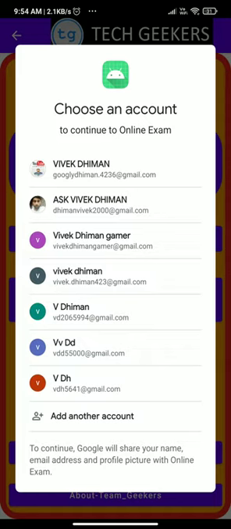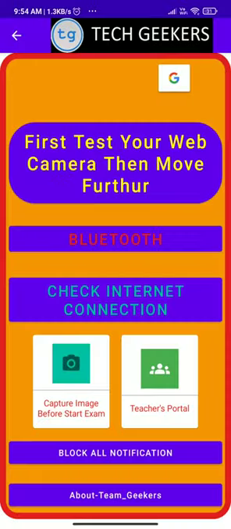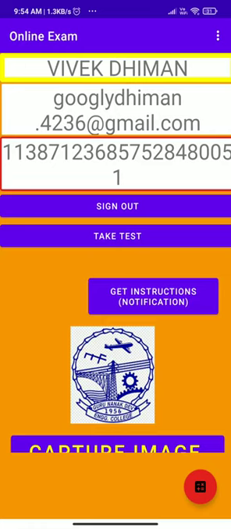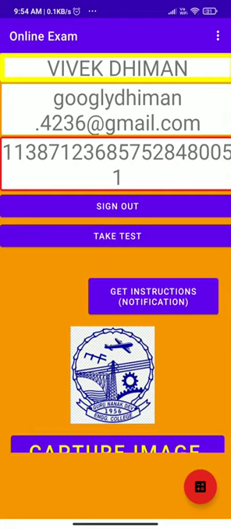Okay, so I have to select this first email, which consists of my name and my email. Let us click and see what happens. As you can see, my name has appeared over here and my email is also on the screen like this. And here is my roll number, which will be fetched from the server and attached to my app. Okay, so if I want to sign out, I can easily sign out from my app